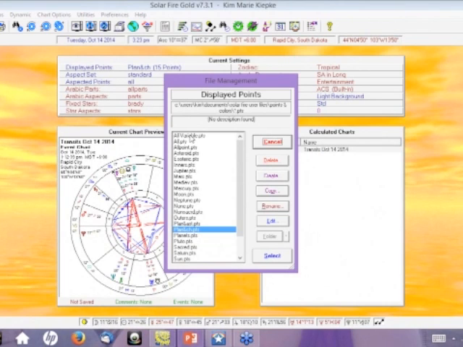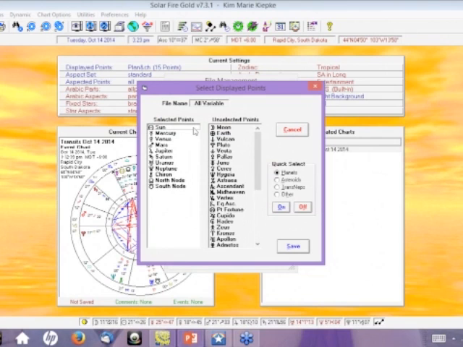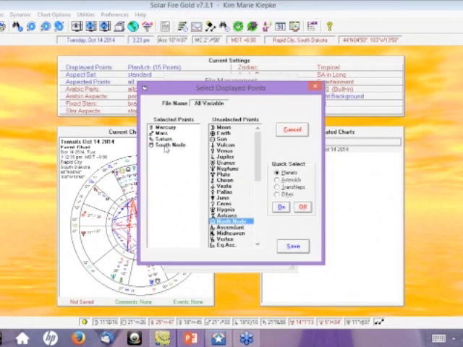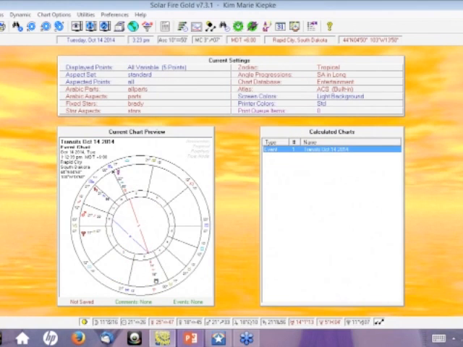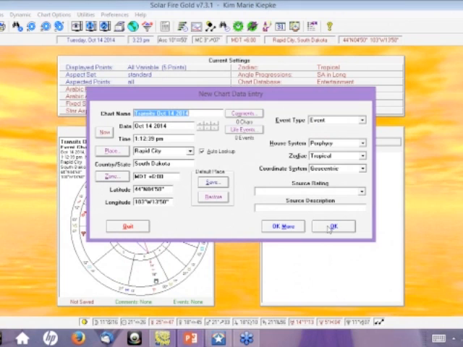and I've created right at the top, so it's easy for me, my all variable. And I go in here and choose all variable, and I choose to edit. And I want to take out the sun. I want to take out everything that isn't involved in direct rulership. So I have Pluto and its rulers Saturn and Mars, and I have the south node and its rulers Mars and Mercury. And so I save that, and I've selected all variable. I go in, I do the chart,